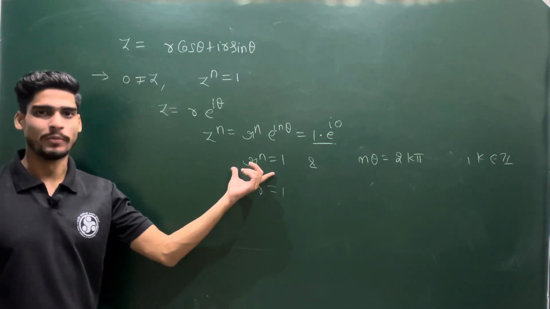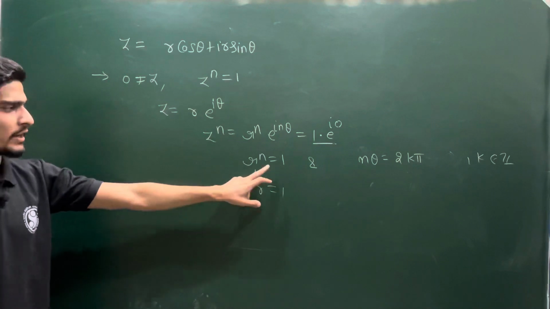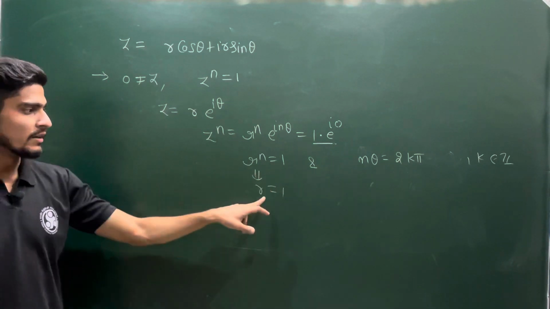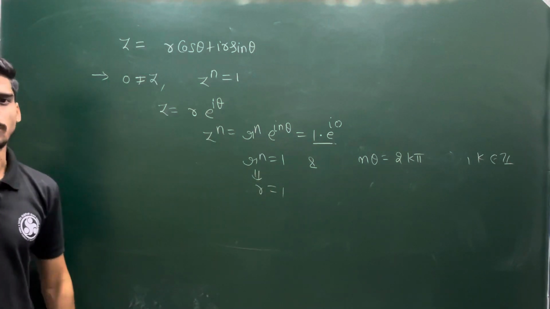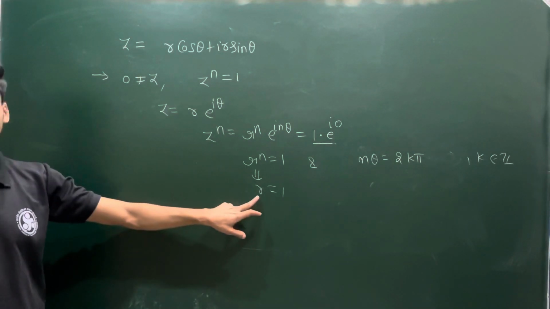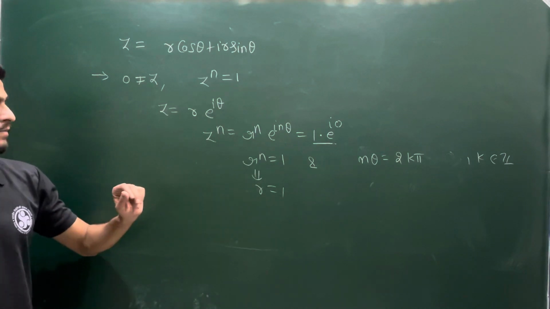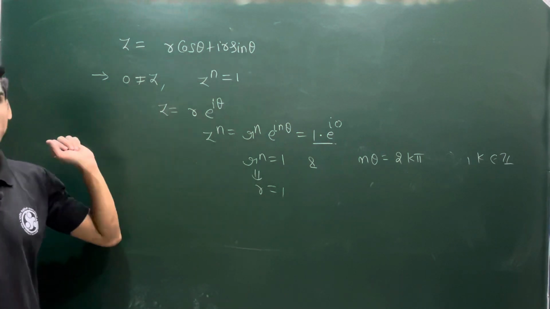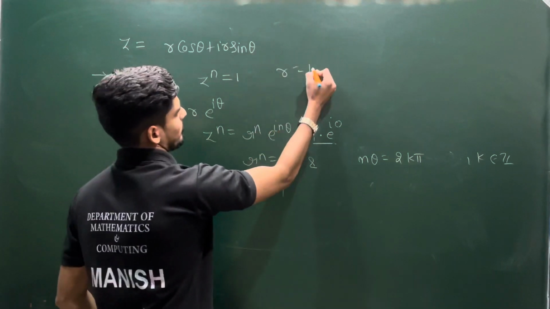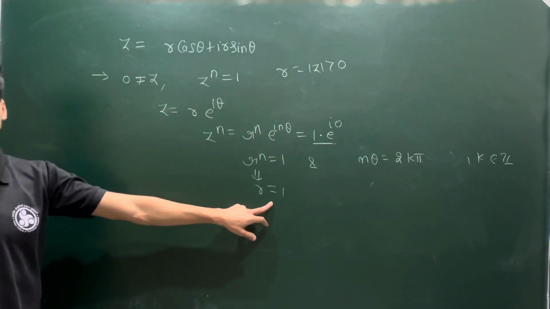You know the cyclotomic extension if you have studied ring theory, but if not studied, do not worry. You can still think this r power n is equal to 1 gives me only two solutions, r is equal to plus minus 1 on the real axis, because r is a non-zero number. So I cannot take the complex values of r. So r is a non-zero real number, and also r is a modulus of z, so this cannot be negative. So r is equal to 1 is the only possibility.